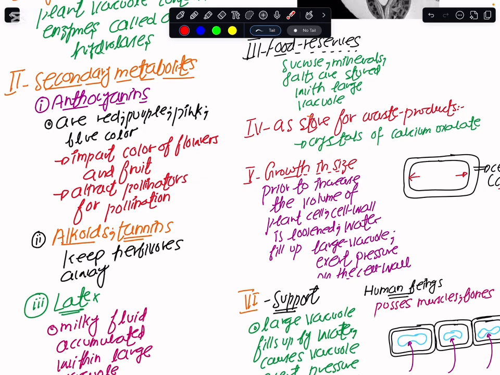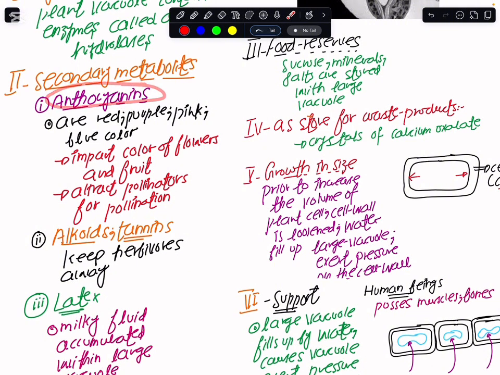You may have gone to the market at some point where you would have purchased some fruits and vegetables, and those fruits and vegetables would have a distinct color. Like the apple, it appears red. Some of the vegetables appear purple. The flowers appear pink. So these colors that are imparted to the flower, the vegetable, and the fruit